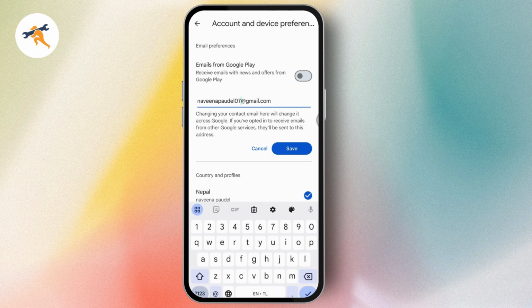And after entering the code, your pending verification will be completed, and after that your email ID or username will be changed. So that's how you can change the Gmail address,